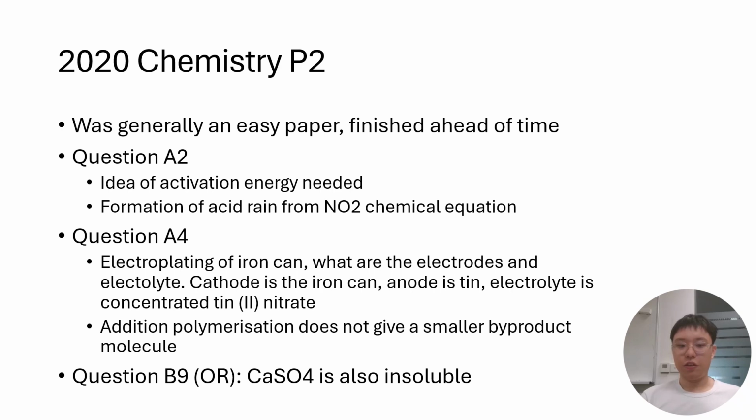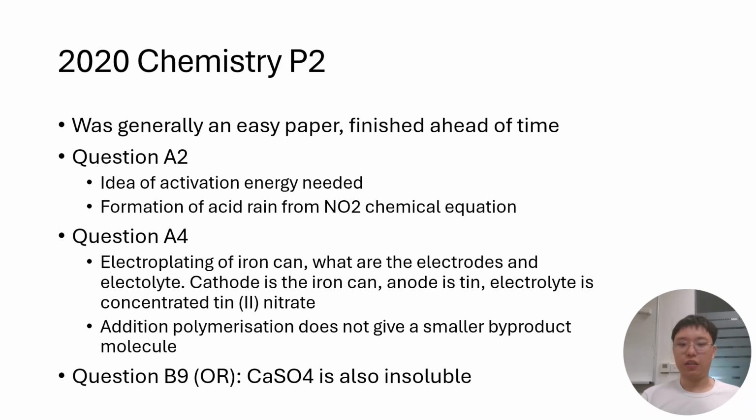For question A4, I found that one of my weaknesses was on electrochemistry. I was not very sure about the electroplating of an iron can, what are the electrodes and the electrolyte. From this, I found out that the cathode is the iron can, the anode is tin, and the electrolyte is the concentrated iron(II) nitrate. Basically, the tin will get oxidized at the anode to form the tin ions, and then